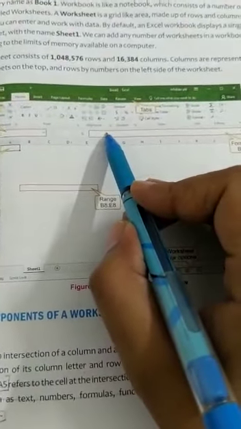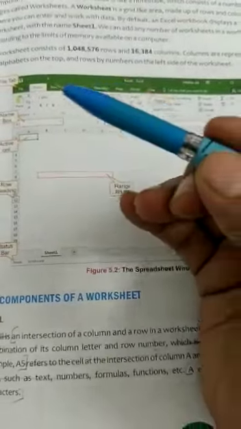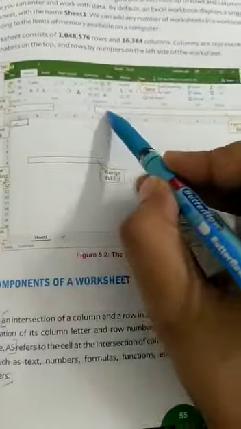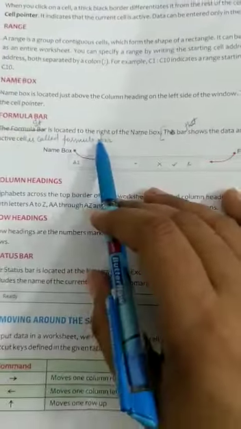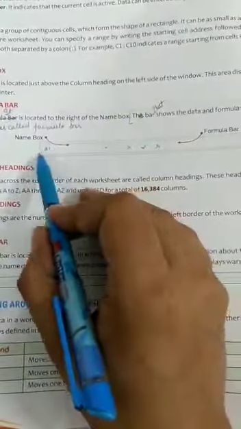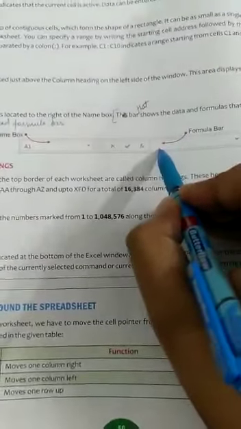And this is the formula bar. जो भी formula आप लिखोगे किसी भी active cell में, sum, minimum, maximum, average calculate करना, percentage calculate करना, it will be displayed here as well. Next is formula bar. Formula bar is located to the right of the name box and it shows the data and formula that you enter in the active cell. Active cell की location name box में display होगी, और जो भी आप इस active cell में data enter कर रहे हो, that will be displayed in the formula bar.